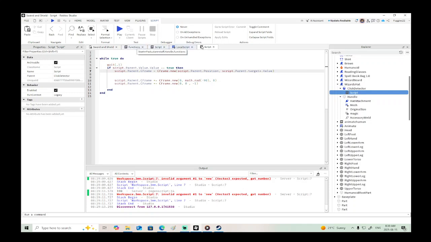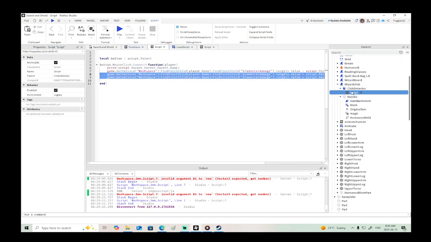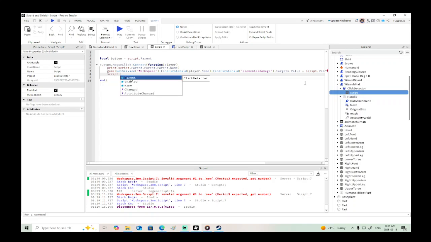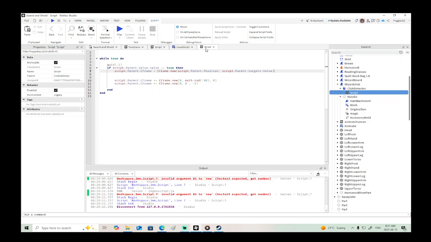We could pick the target X. Okay, we can pick the target X. So then, if I delete that, and we just take the X position of the upper torso, then what we also need to do is we need to say script.parent.handle.magic equals true. Alright, so when that becomes true,